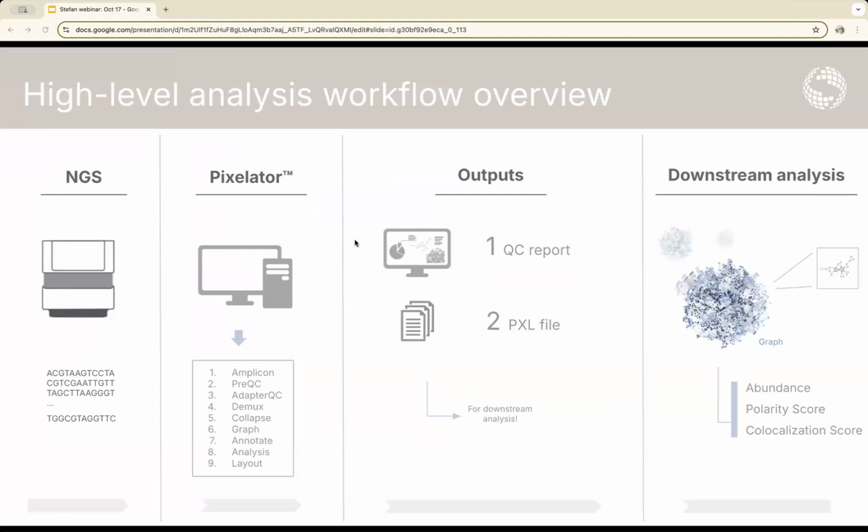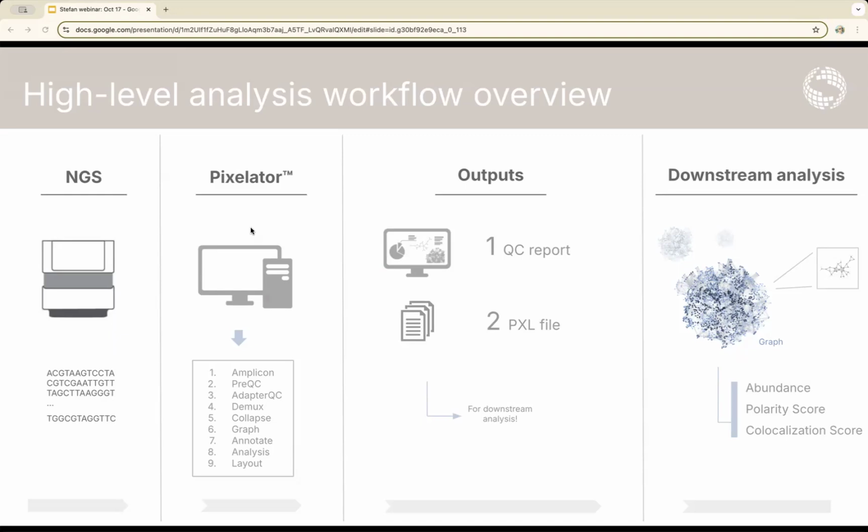So the data analysis itself is also quite simple. We have dedicated tools. We have open source software that users can harness to basically analyze the data. And after the software basically runs and analyzes the raw data, you get outputs for downstream analysis, you get a